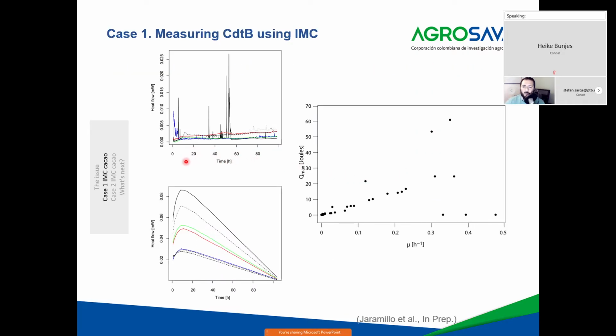Also, we have seen interesting differences between soil samples with high cadmium concentrations, like this black curve, with medium cadmium concentration, like this curve here in red, and with lower cadmium concentration, like the green curve here. We also performed some amendments with 1 milligram per kilogram of cadmium, and we have seen again this activity related to slow-growing populations as part of the whole community within the soil sample.